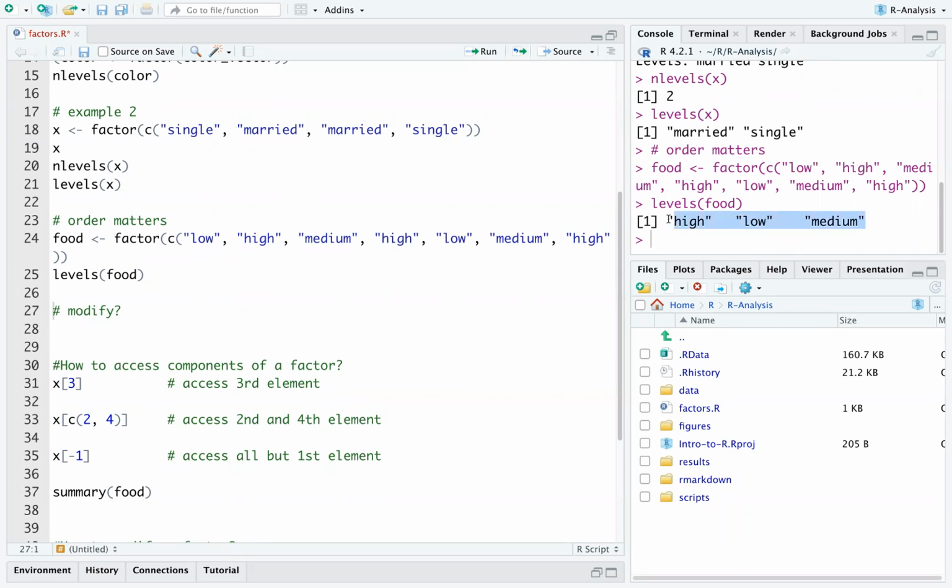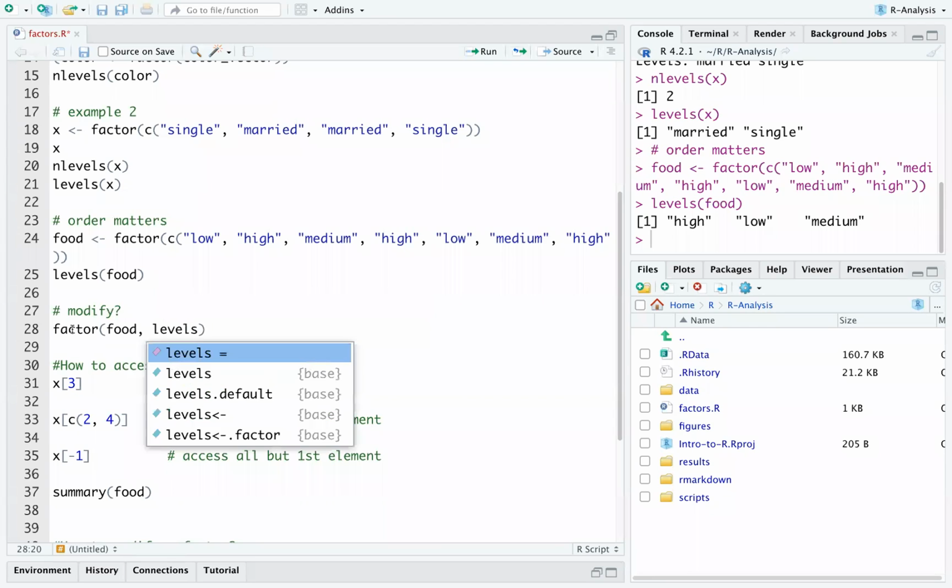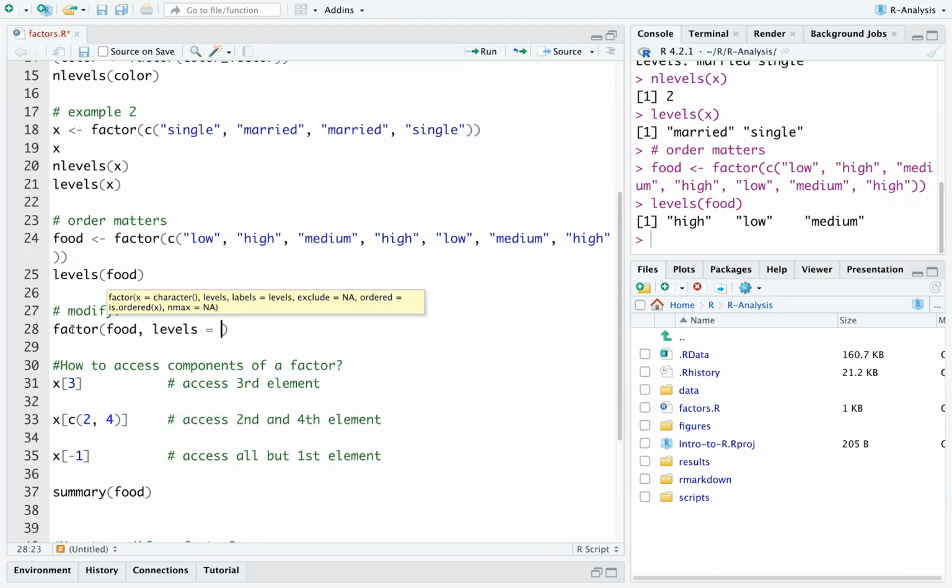Suppose we wanted to reorganize this, and that order really matters here. How do we modify that? We could say factor, and then we call our object food. Then we specify the levels of how we want to rearrange this. We want to rearrange this into low, medium,